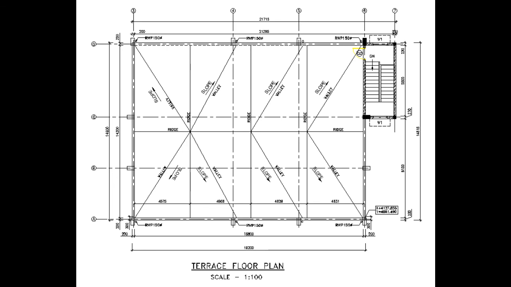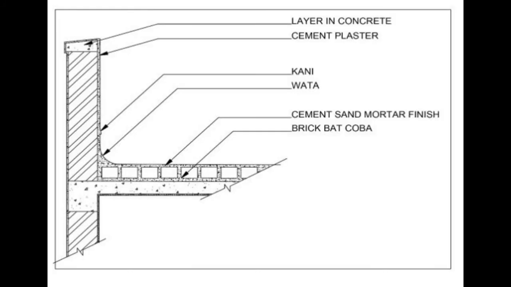Care should be taken that the sand is very finely sieved and then used to fill the gaps between the bricks, right? The edges of the parapet wall should be properly rounded, so the water will slide away from the walls and not seep inside. Then the waterproofing additive can be added in the mortar after the gaps are filled. Then the terrace is filled with water for 4 to 5 days. This ensures proper curing. Then after finishing, the plaster of the parapet wall is done.